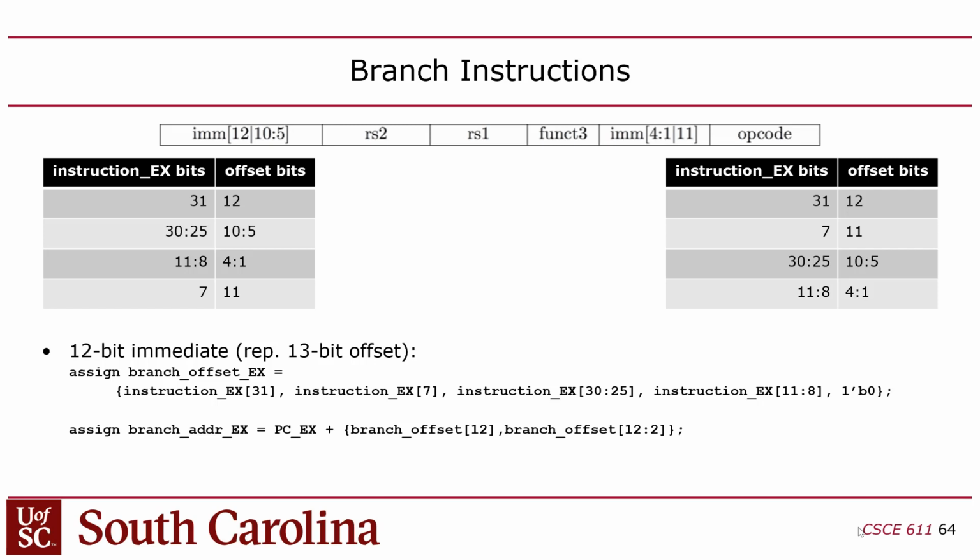In Verilog, you just write the following code. You say assign branch offset EX, and it's EX because it's instruction EX, and this is combinational logic. Basically, you just take bit 31, concatenate it with bit 7, concatenate that with 30 down to 25, concatenate that with 11 down to 8, and then add a 0. And then the branch address EX, so this is the offset, the actual target address you're branching to is going to be the PC EX, as I described why it's EX. And then you add the branch offset, but